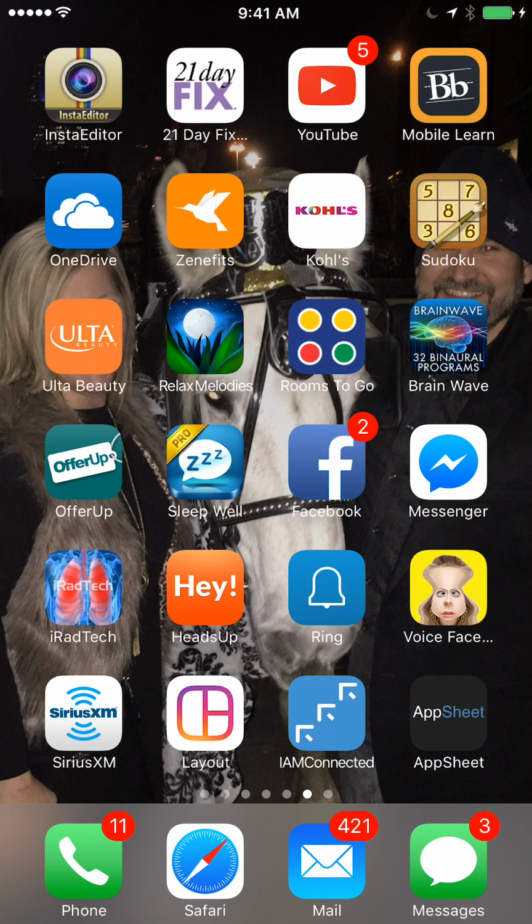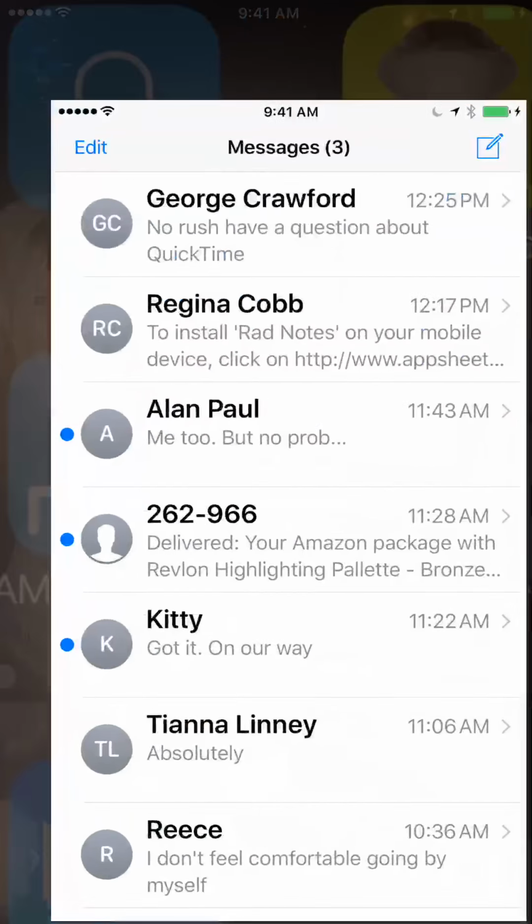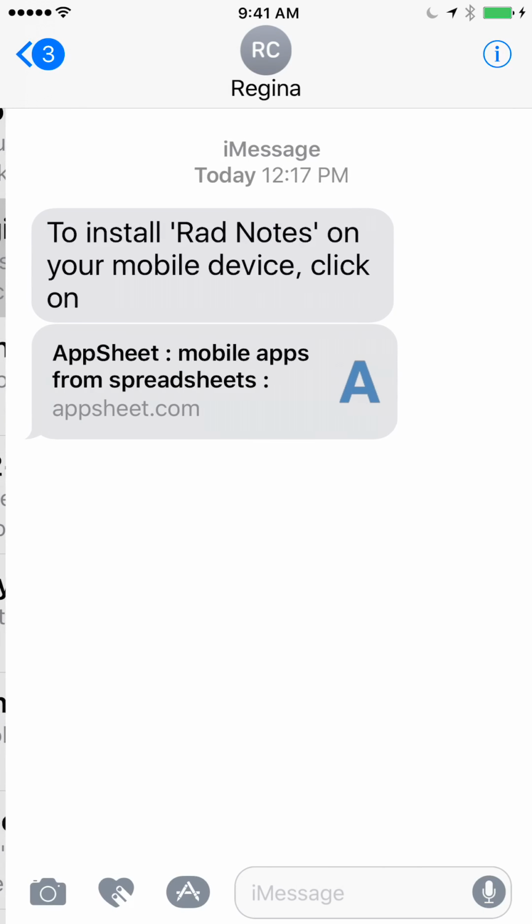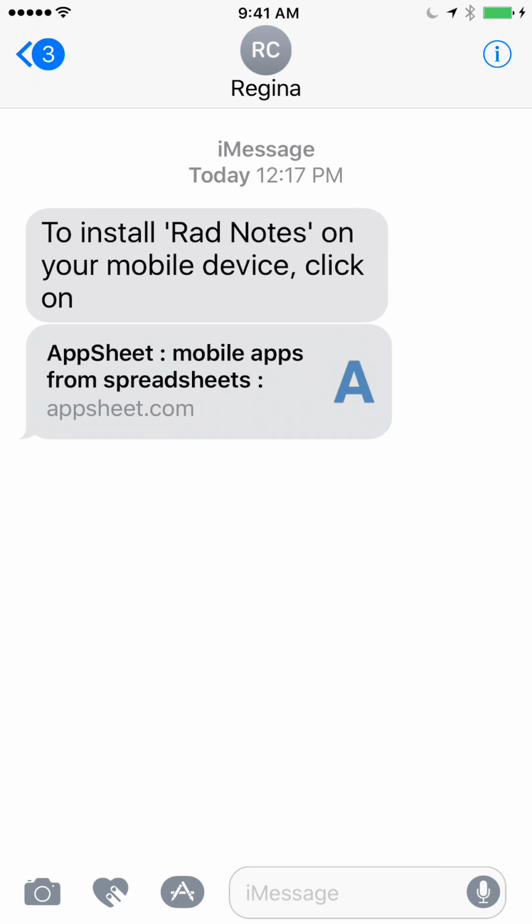So what we're going to do is we will send you a link to the app, and you'll get either an email or a text message once we decide on how we're going to do that, and you'll get something that looks like this. And the first step that you're going to do is click on where it says AppSheet right here,